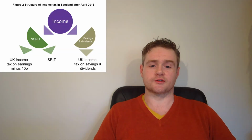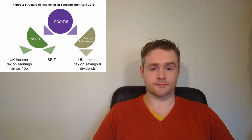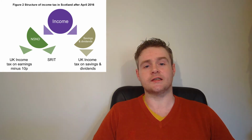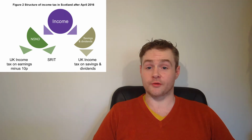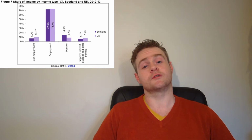What is being devolved to Scotland, as part of the powers assigned in the Scotland Act 2012, which resulted from the Calman Commission, is a portion of income tax. Within income tax there are different types of income. There are earnings from savings, dividends, and the rest, which is called earned income, or NSND, which is non-savings, non-dividend. That includes pay from employment, but also profits from self-employment and unincorporated businesses, pensions, taxable benefits like jobseekers' allowance,